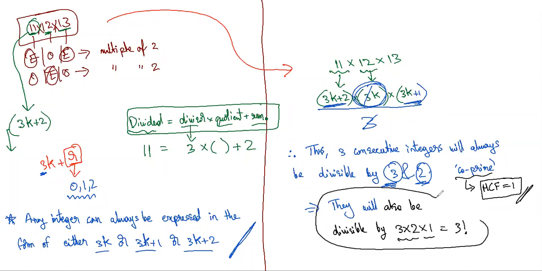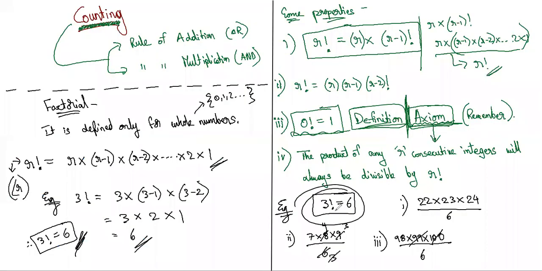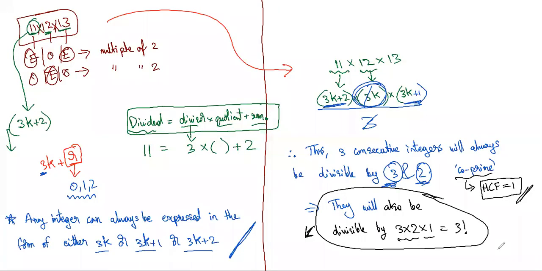This step, just understand this step. Does anyone have a doubt here, or you want me to elaborate here? Are you guys able to understand this, or should I give an example? No, sir, no need. Anyone has any doubt? No, sir. Okay, good. So if you understood this particular example, you'll be able to understand it for any number. This is an example we took for 3. I told you guys to give me a number, you said 3. So if this is true for 3, this will be true for any number.